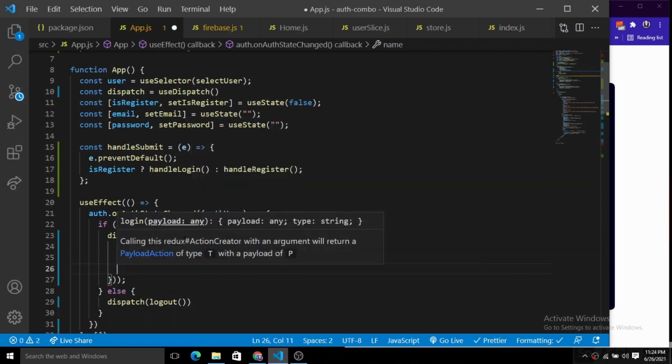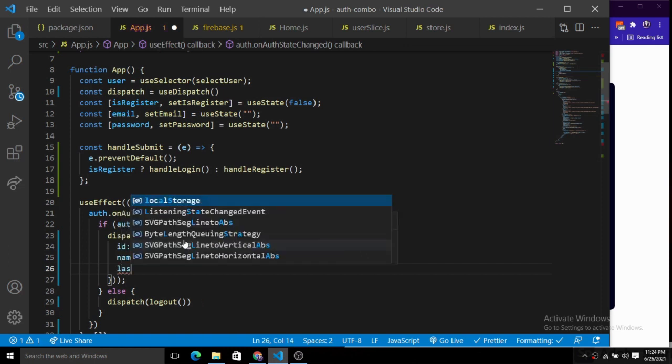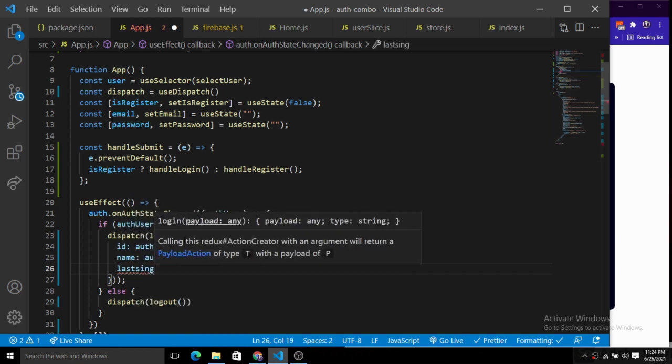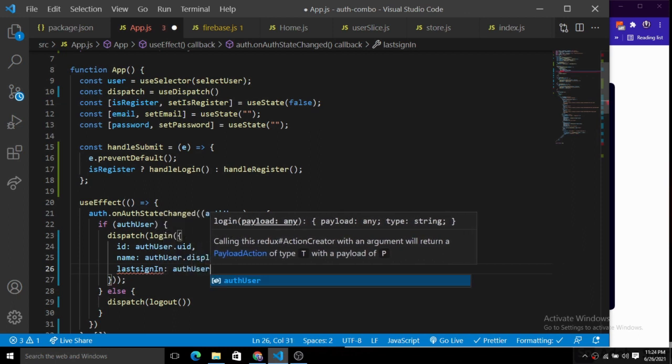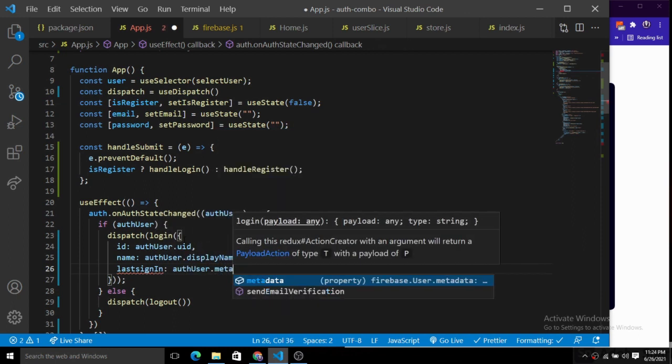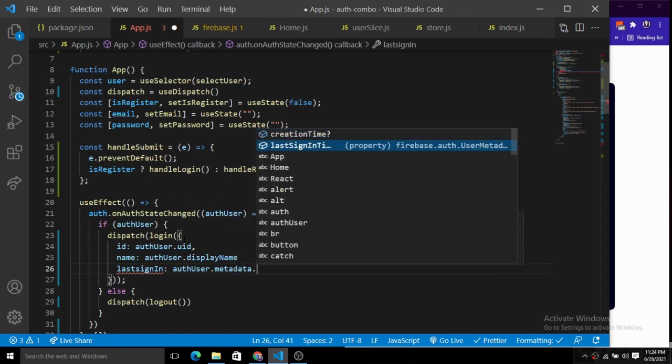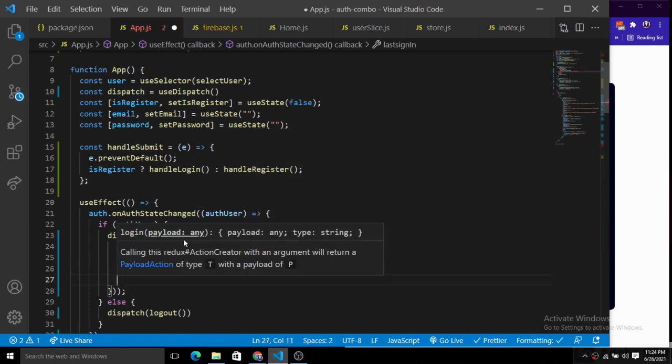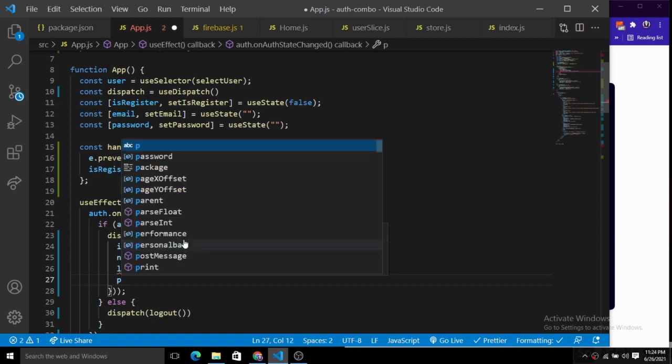Then we have the last sign in, which we also get from user dot metadata. Inside of this metadata, we have the last sign in time.